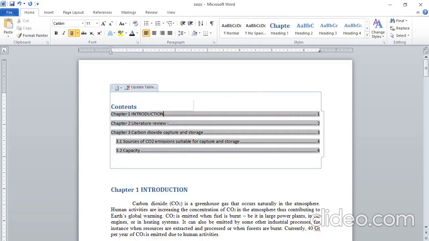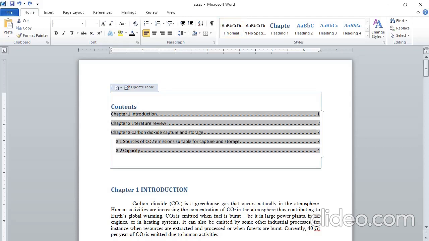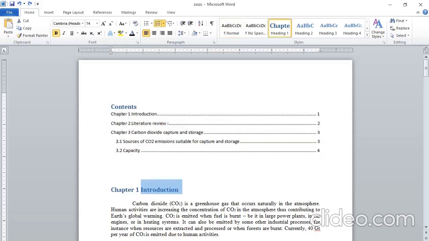Also, if I want to change the introduction to uppercase, you can change it to uppercase first in the chapter name, and then just say update table. Further, you can insert the list of figures.